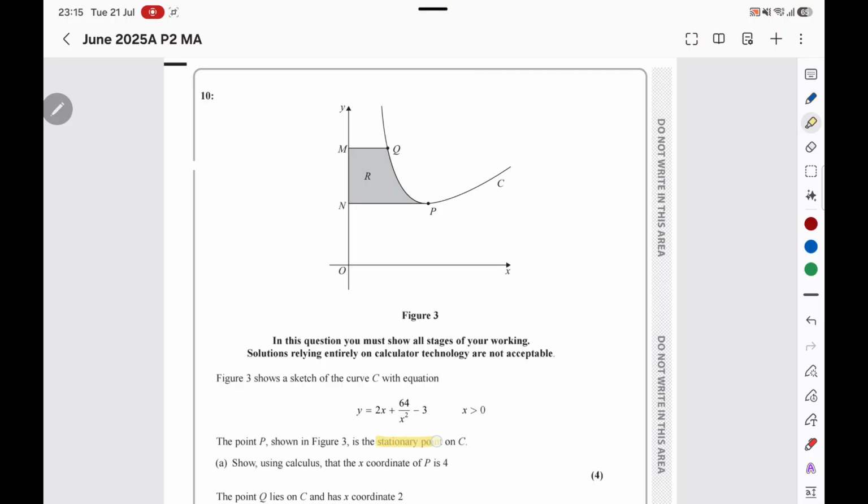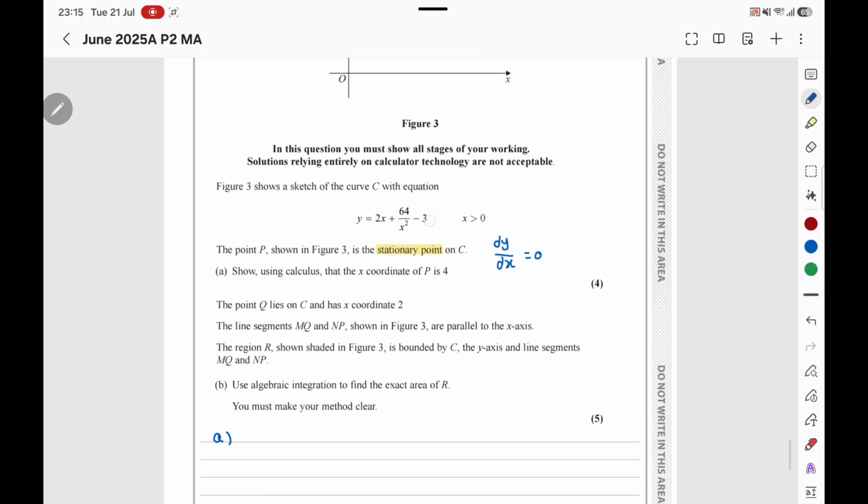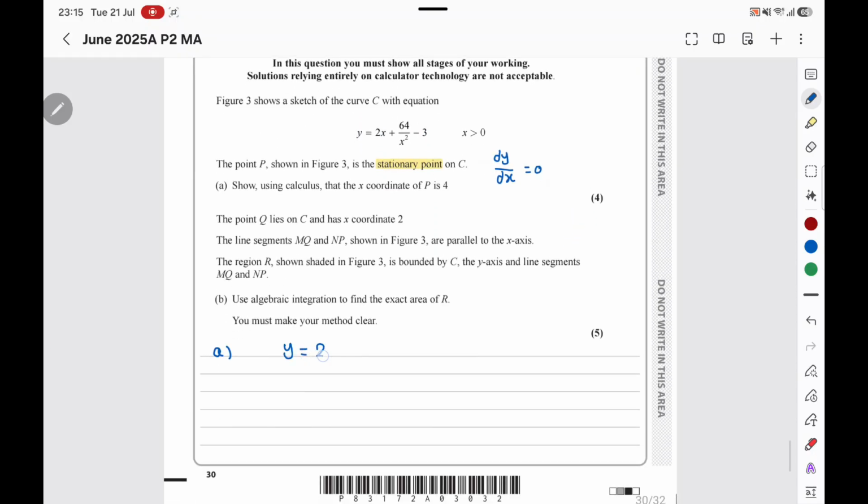To find a stationary point or a turning point, we do dy by dx equals 0, because dy by dx is the gradient, and the gradient at a stationary point is equal to 0. This is a function, so let's rewrite it: y equals 2x plus 64x to the power of negative 2, I moved the x squared upwards, minus 3. Then let's differentiate. Dy by dx is equal to 2 minus 128, because negative 2 times 64 is negative 128,